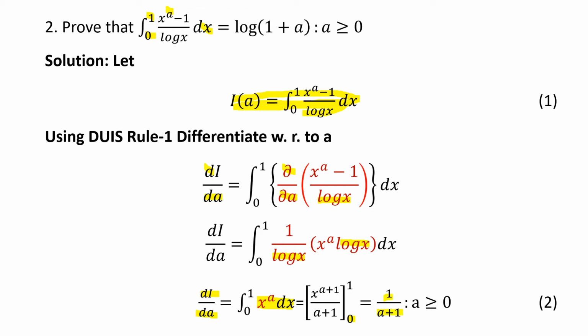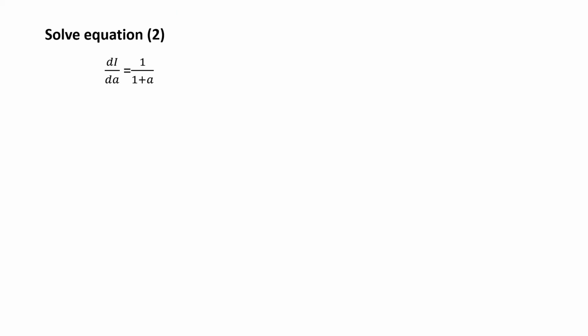So in the first step we got the ordinary differential equation for the integral. Here we got the differential equation dI by da is equal to 1 upon 1 plus a. We will solve it because it is a first order first degree differential equation. By variable separation we will solve it. So we will get I is equal to log of 1 plus a plus arbitrary constant c. But our integral is not containing any arbitrary constant, and that is a definite integral. So your final answer should not contain any arbitrary constant c.